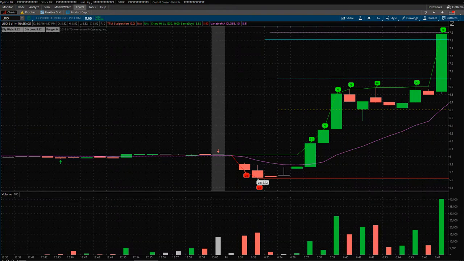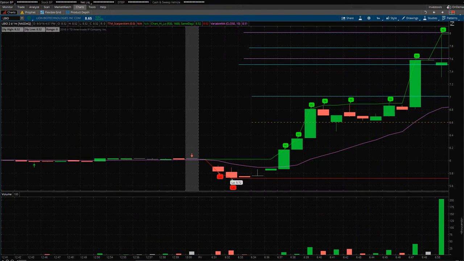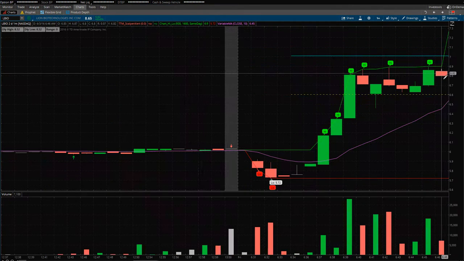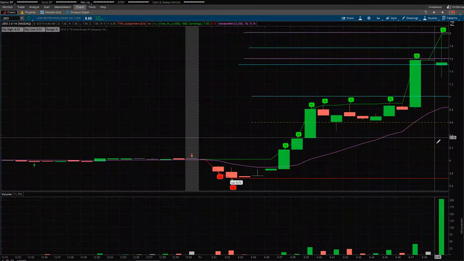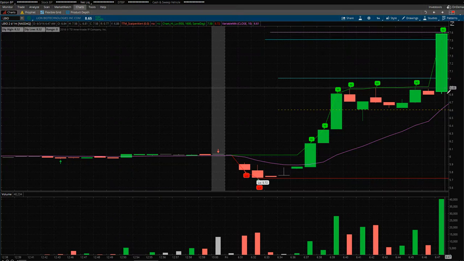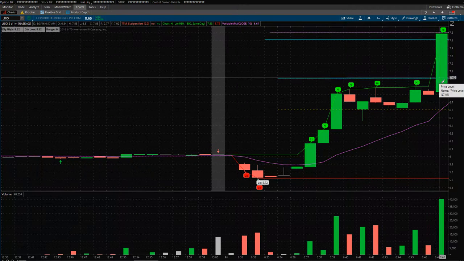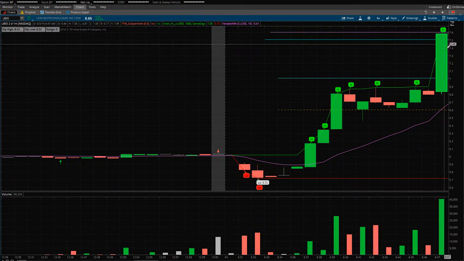In this particular example, you might have gotten luckier because it went to a halt and then it actually squeezed up. But again, we're trying to avoid that if at all possible, because when it goes to a halt, anything can happen. Maybe you get filled here and then it halts and it goes up there, and then you try to sell market and you sell there, and you kind of break even. So that's not what it's about. It's really about this candle right there. It's really about getting filled here or as close to here as possible, and then anywhere along here grabbing that